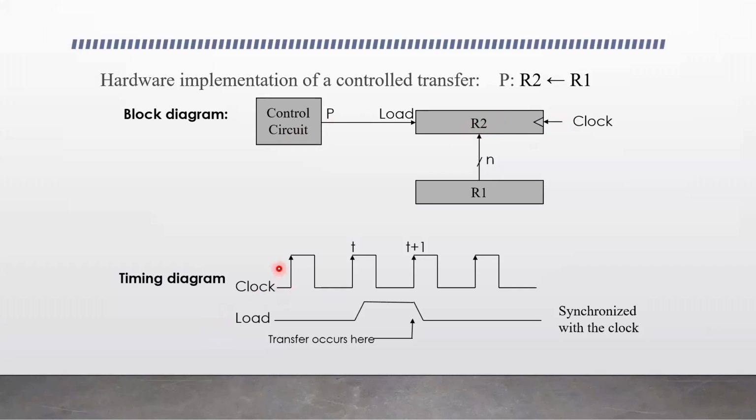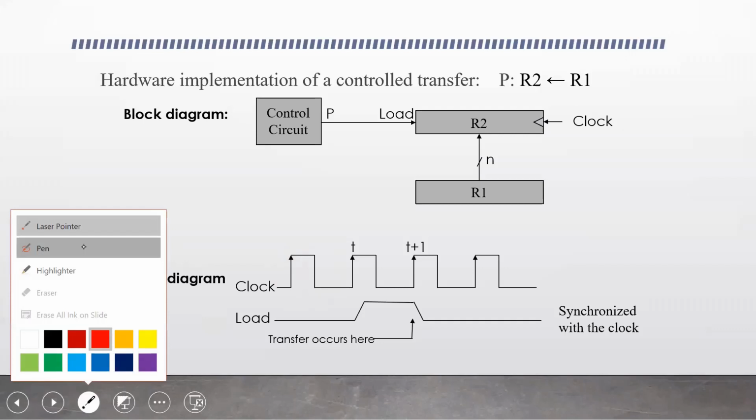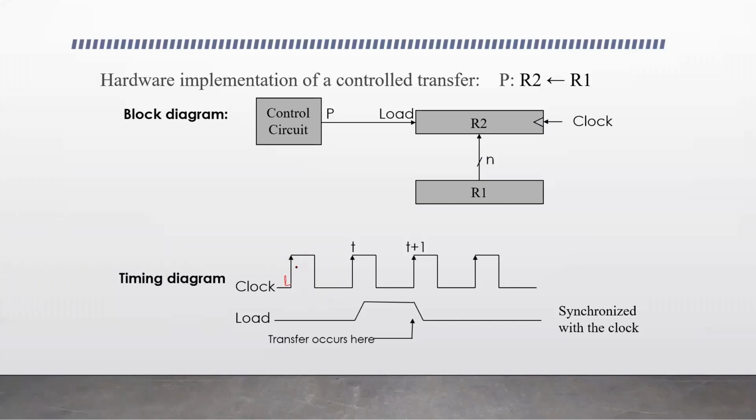If you see this clock cycle, you can understand that it has a high edge and a low edge. The high edge of a clock is when the transition is from low to high. This is the low edge of the clock, and here is the high edge. When the transition of a clock is from low to high, we call it the positive transition, the positive edge of the clock. And then the negative edge, or the low edge.